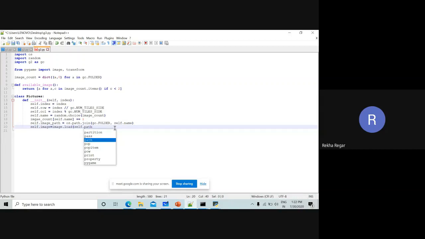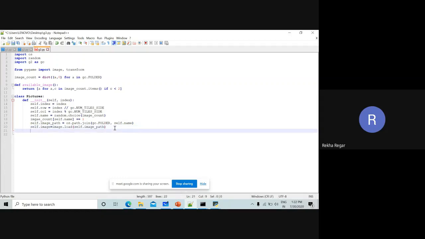So value is image_path, and like this. After that we have to transform this image also.